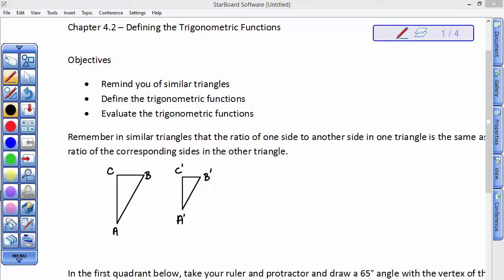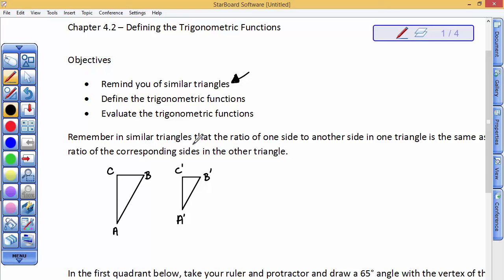In this small segment, we're going to define the trigonometric functions, and we're going to remind you of a property of similar triangles in an effort to do that. You will have had a project that's an introduction to trigonometric functions as well that you may do in class or you may do outside of class, and it's going to help you understand the trig functions, which are ratios,